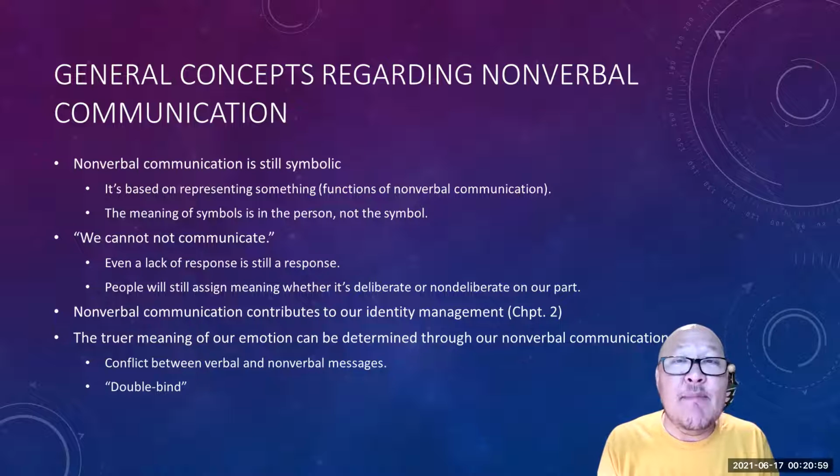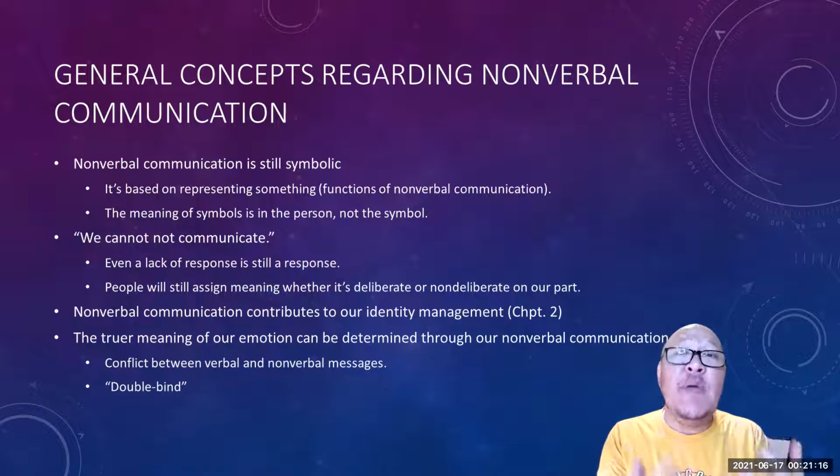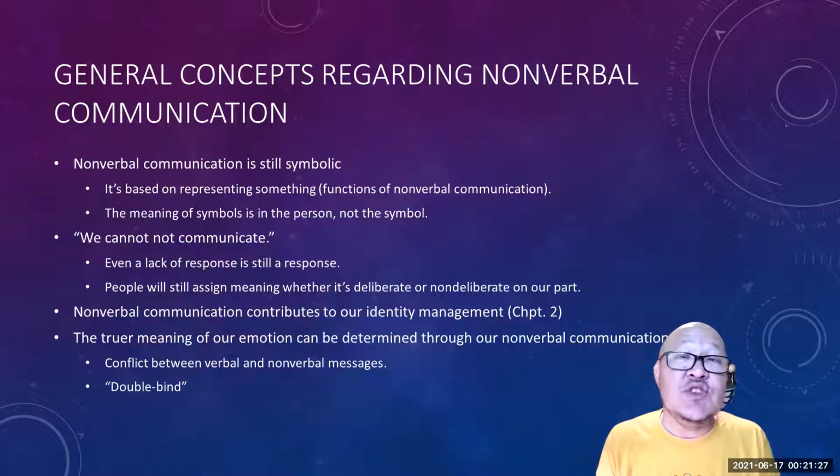In chapter 2, you read about identity management. And the thing that's mentioned in chapter 6 is that nonverbal communication contributes to that identity management, right? So the way that we act in a particular situation with our nonverbal cues, our actions, help other people who might be observing us to get an impression about us. And we oftentimes deliberately use nonverbal behavior in a way that sends a particular message that we're trying to convey to people, because we're trying to establish or manage that identity that we want to present to others in that particular context. So that's important to also know.